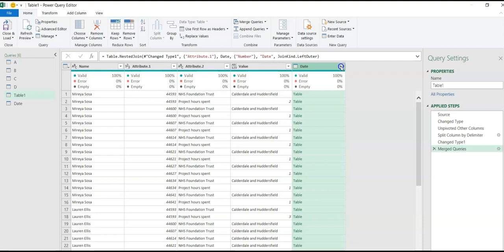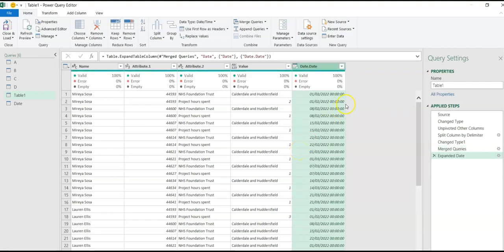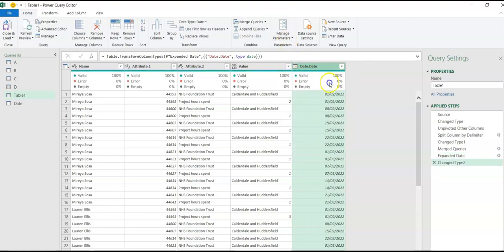Okay, when we expand, we don't need the number, we just need the date. And the date comes out as this. We don't want it as date and time, so we can change this to date. Good.